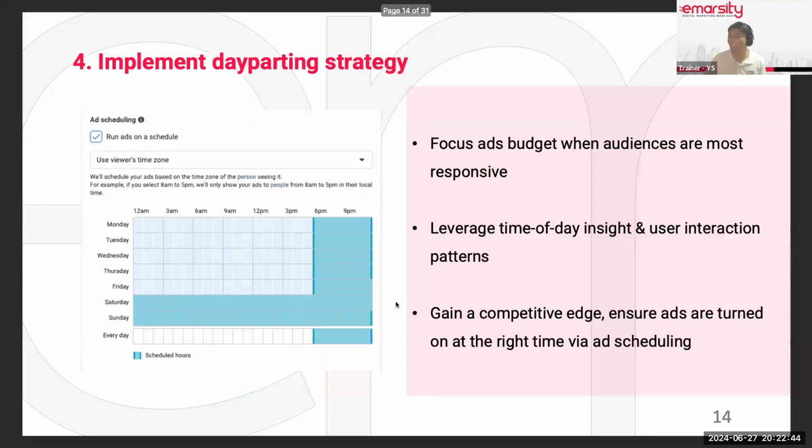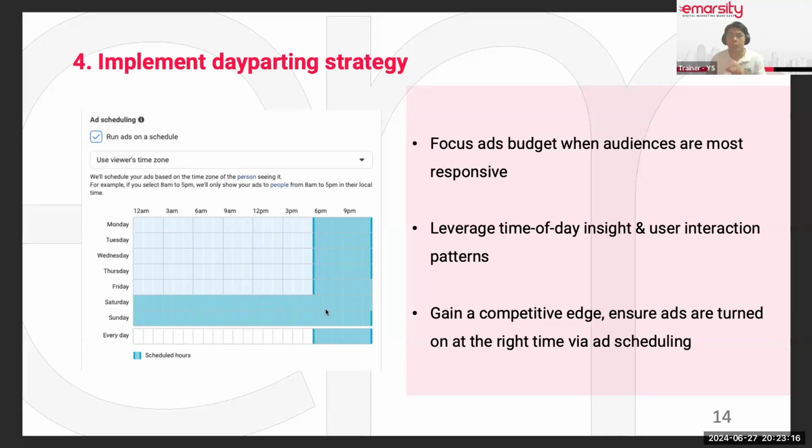I forgot to mention how you can find out when your target audience is most interactive. In the ads platform, when you run ads, you can dive in and break down by the hour and by the day. Then you can see Monday to Sunday, what's the trend like? Are they most engaged on Saturday and Sunday, or during lunchtime? From there, I know these are the hours they are more engaged, so I want to run my ads on those hours.